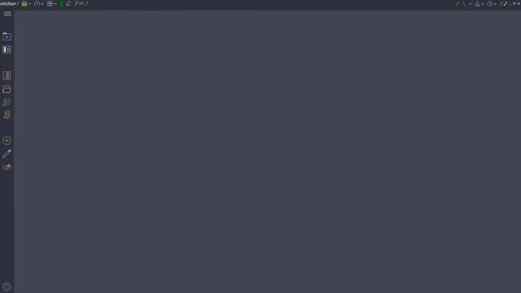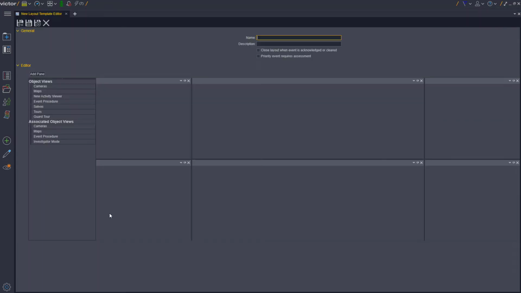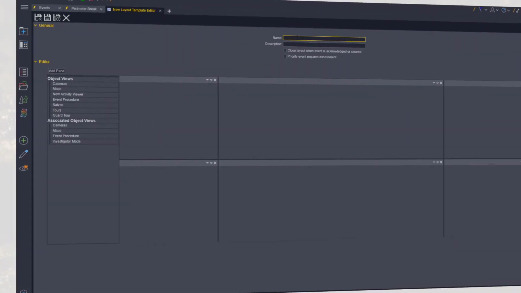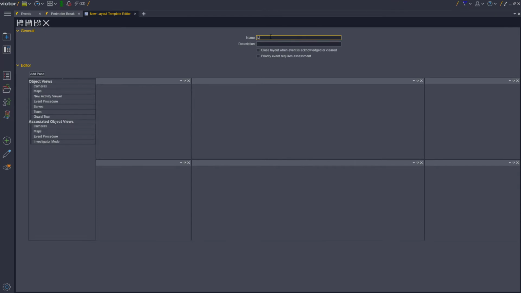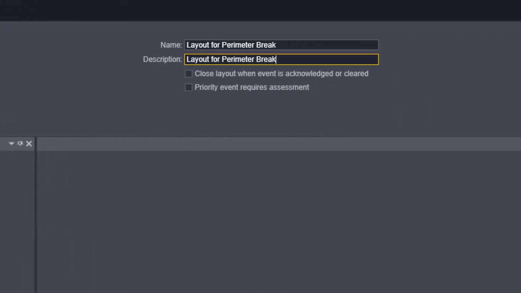Layouts can of course also be created from the Create New hub. Click the plus icon on the navigation bar and select Layout Template. Returning now to the same window as opened from the Procedures field in Events, we will name the layout. Then we have other options for the layout, which in this case will be used as an Event Assessment window